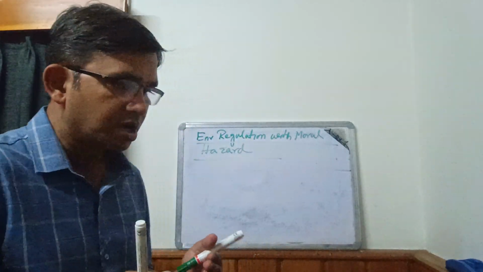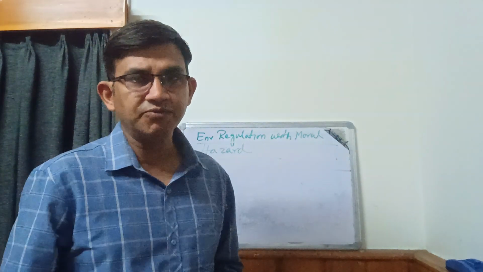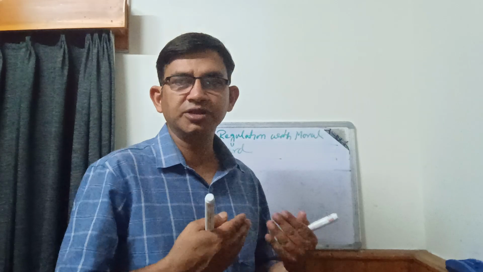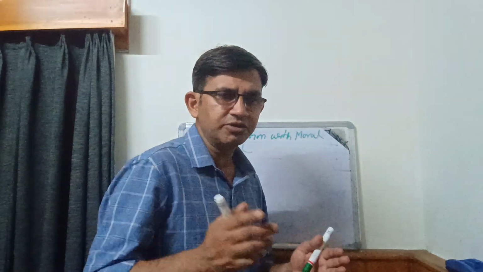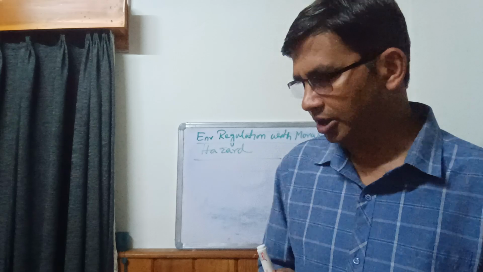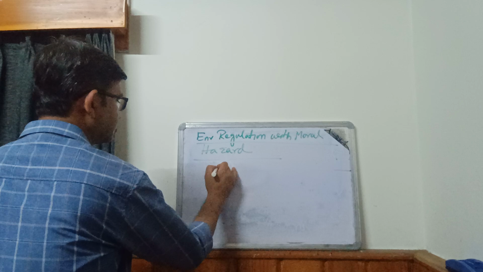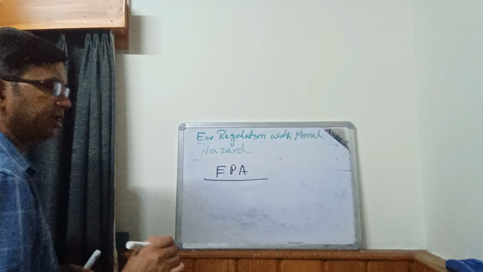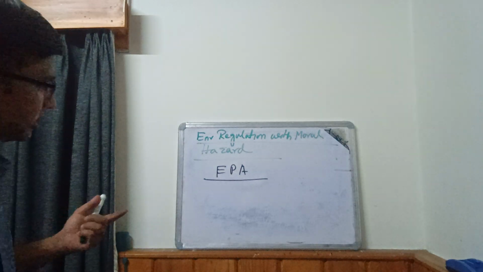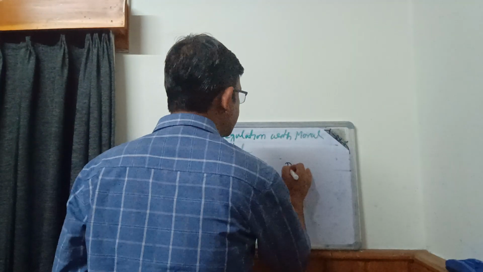So here we consider that the polluter itself reveals the information regarding the pollution. So in this case, we will use a simple model. So this is some kind of principal agent problem. So who is the principal? So EPA, or the Environment Protecting Agency, it plays the role of the principal, and the polluter,